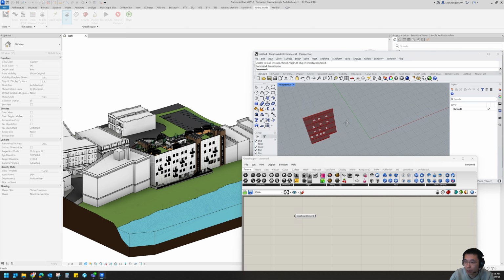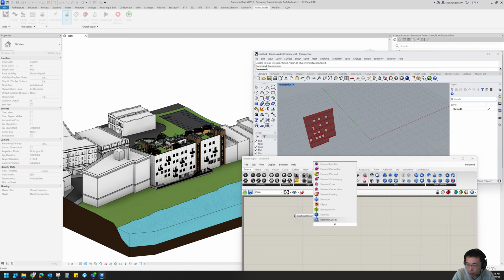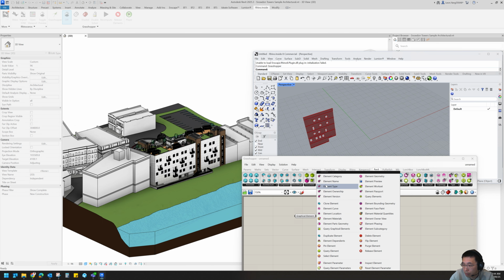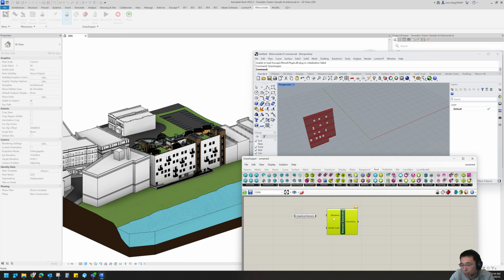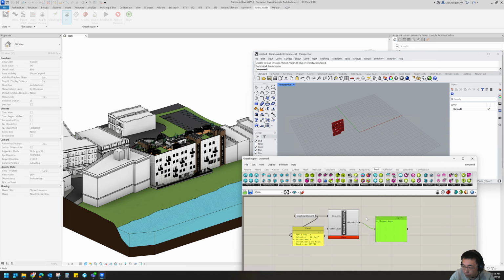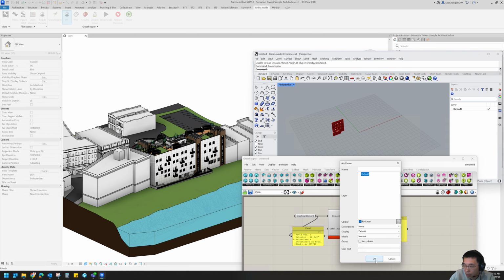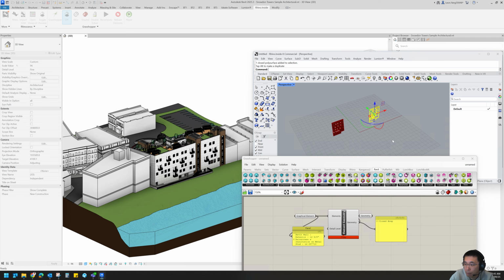So now you can see the wall is in, and then we are using a component called Element Geometry, which is under Revit, Element Geometry. We connect it, so now you can see a wall. Let's use a panel. A wall in Revit turns into a closed brep in Rhino. And then what we can do is bake it,